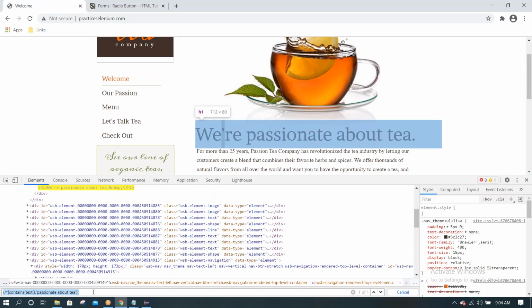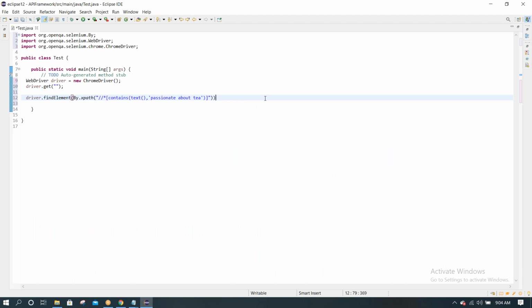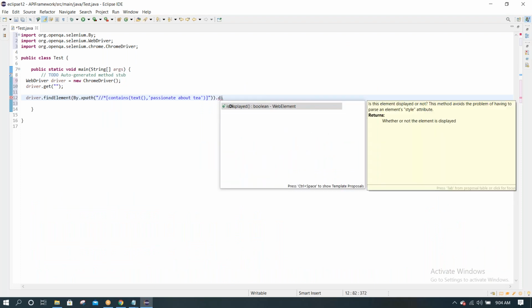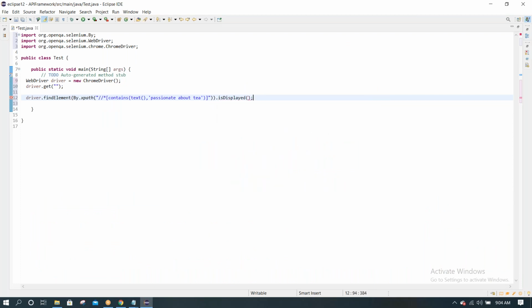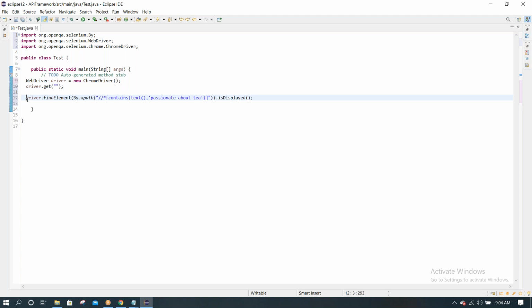In this case, we are finding this element. If this element is displayed, it returns a boolean, so we can store it in a boolean status.